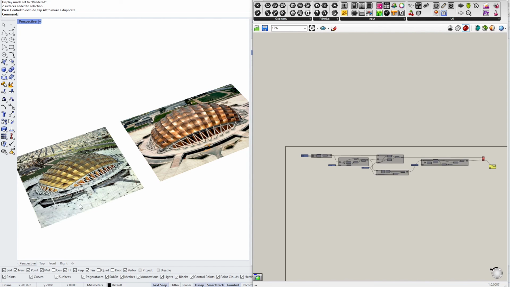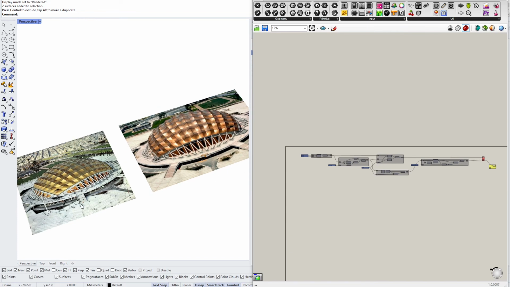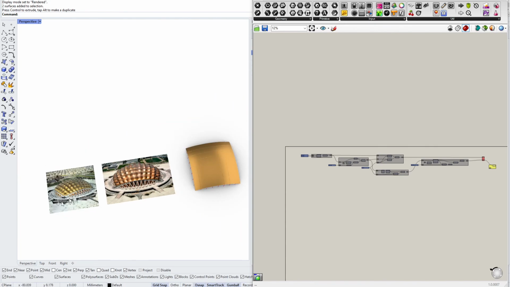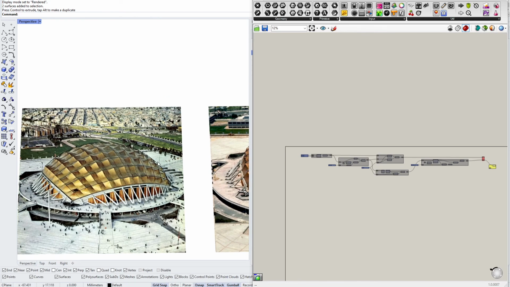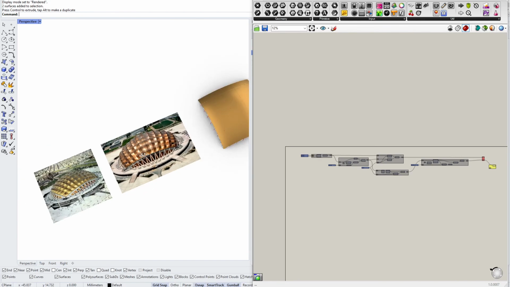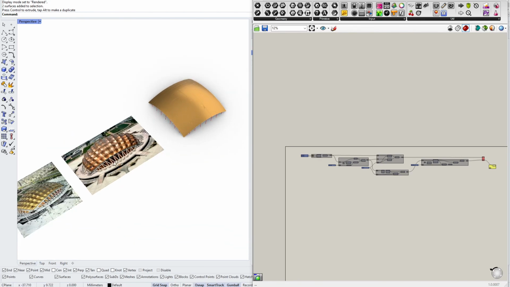Hello everyone, welcome to the tutorial, which is a follow-up on parametric surfaces and parametric curves. Today I will show you how to model something like that. This is a building by Felix Candela, Palacio de los Deportes. I don't know if I pronounce it correctly. Anyway, this is a roof for a stadium, probably. And I will show you a simplified version of this model,